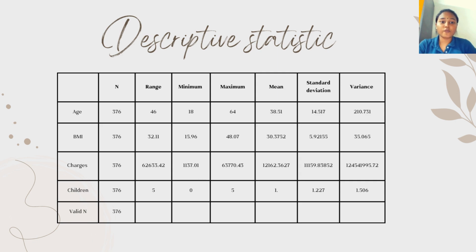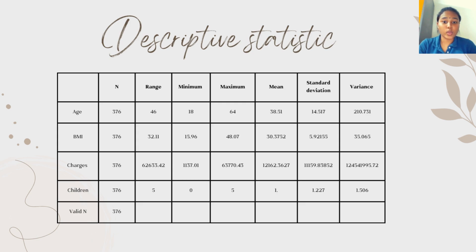The age range of the participants is 18 to 64 years old with an average age of about 38.51 years. The 14.517 standard deviation suggests that there is a significant range in the individual ages. The range of values for BMI is 15.96 to 48.07 with an average of roughly 30.38. The sample's body mass measurement seems to be fairly distributed around the mean, as indicated by the 5.92 standard deviation,